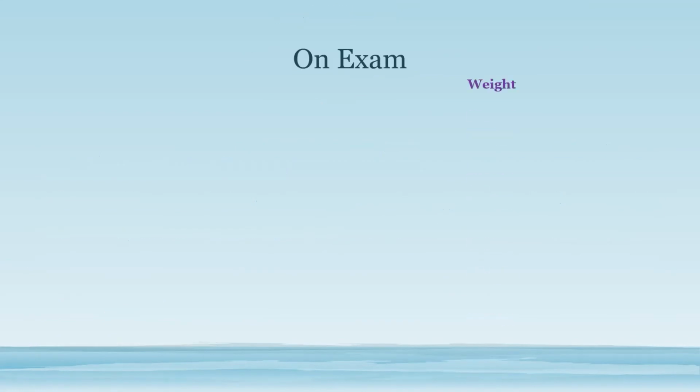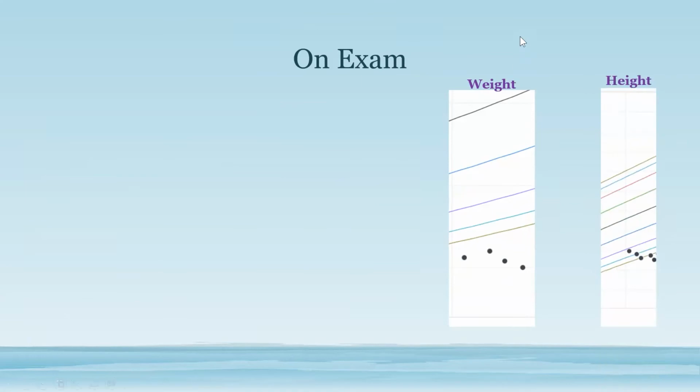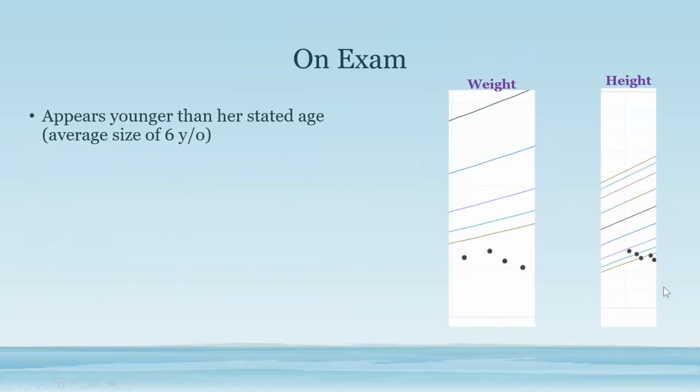On her exam, so this was what was happening with her weight when we were able to actually track down some of the other measurements at those other clinic visits. And this is what was happening with her height. So this is actually the 5th percentile going up to the 99th percentile on a growth curve. So you can see here her weight's actually falling, and as well as her height.